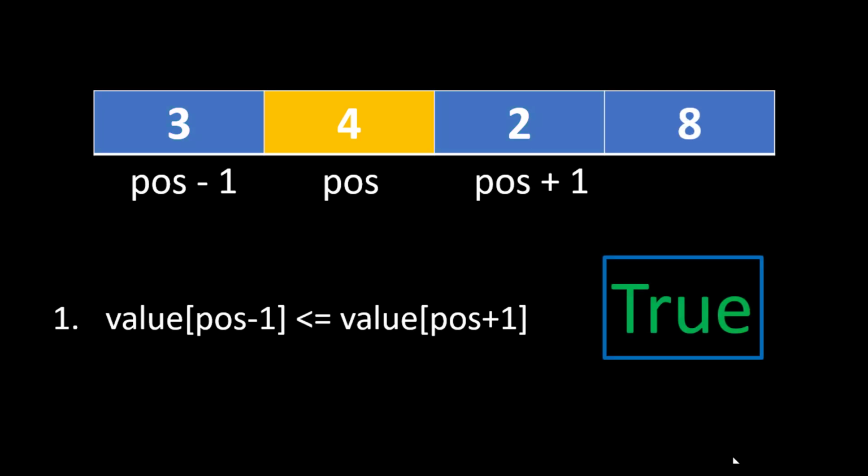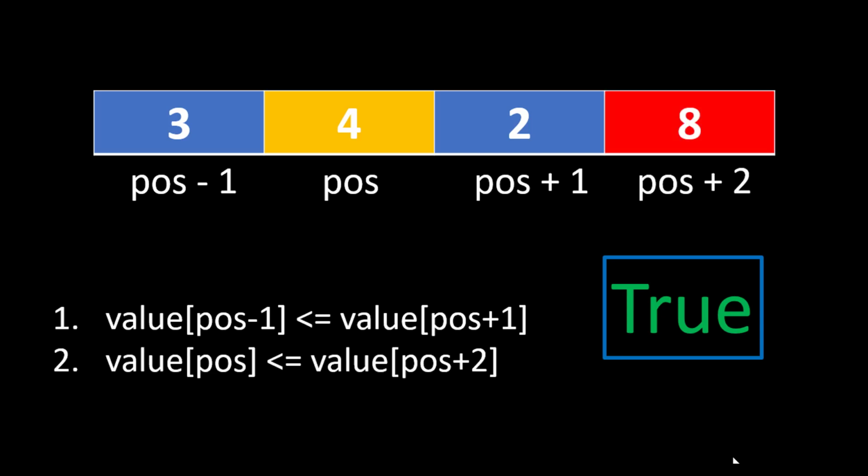Now how can we make this particular array non-decreasing? Let's change the value of 3 to 8. Now in this case, still the position -1 and position +1 values do not satisfy the condition of the value at position -1 being less than or equal to the value at position +1. But here is the trick. Instead of changing the value at position, if we change the value at position +1, that is 2, to any other random value, we are sure that this can now become an increasing array.